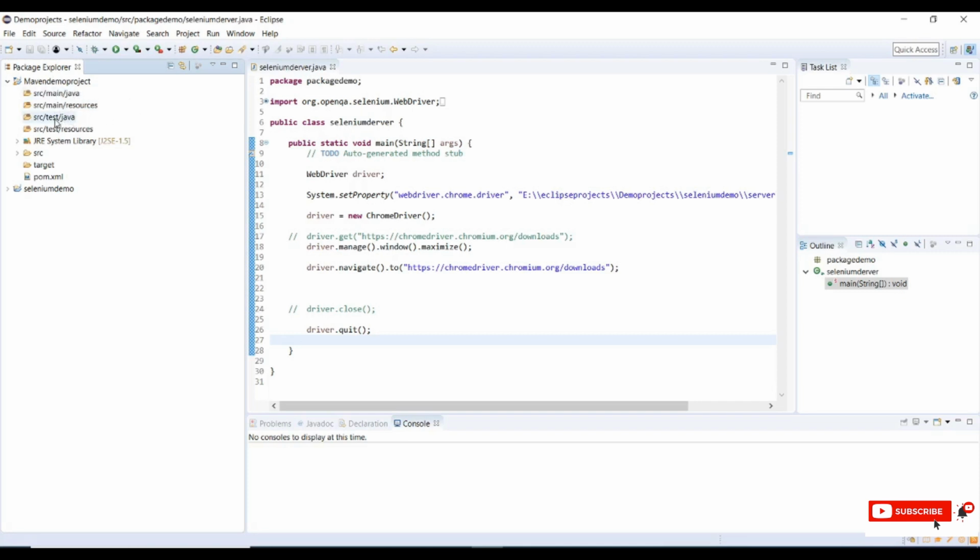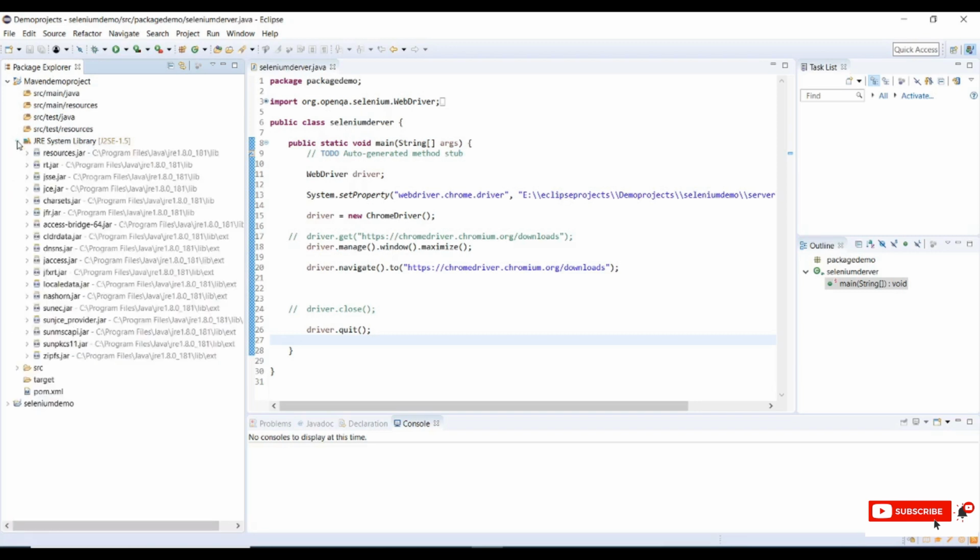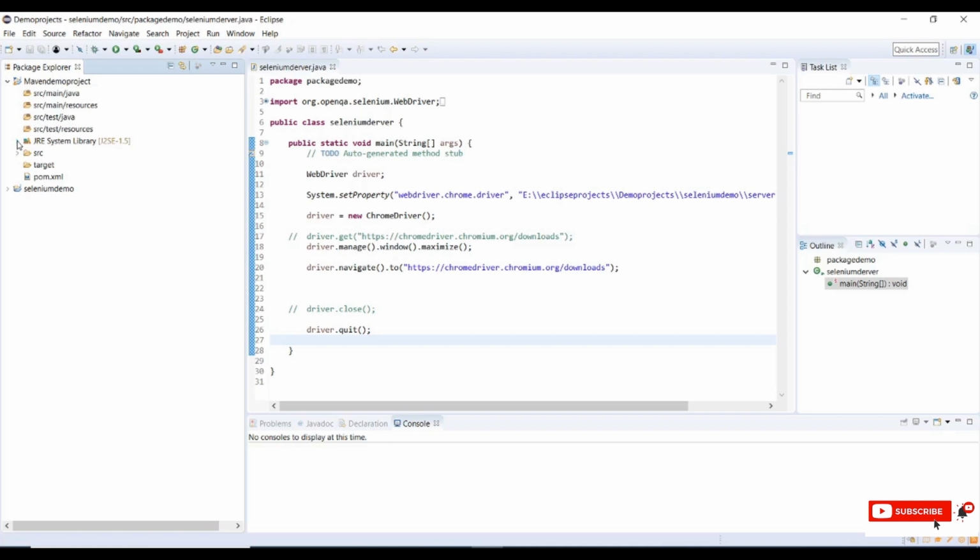In test Java and test resources we write the test cases for the application, and test resources will contain all the supporting files related to the tests. We also have the JRE System Library, and I am using Java 1.8, and we have a POM.